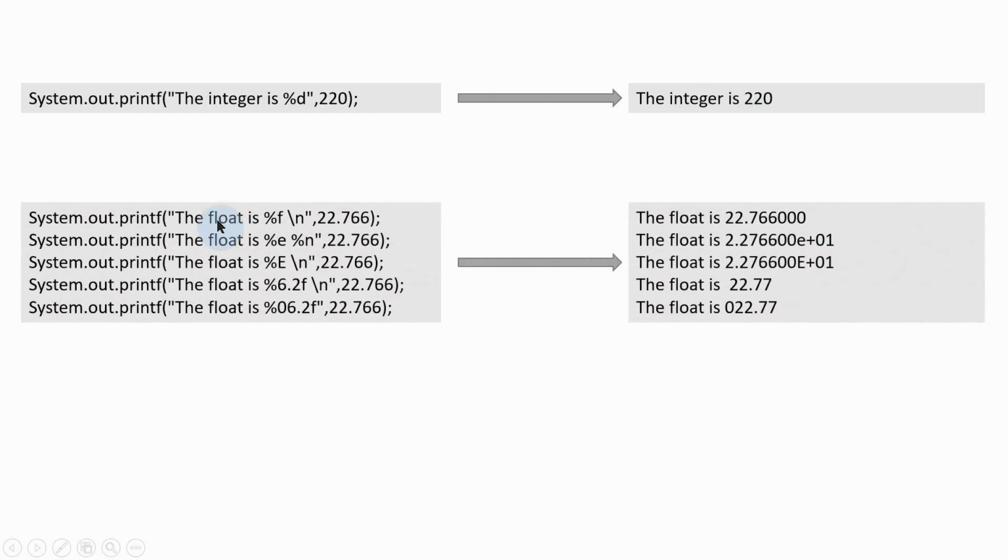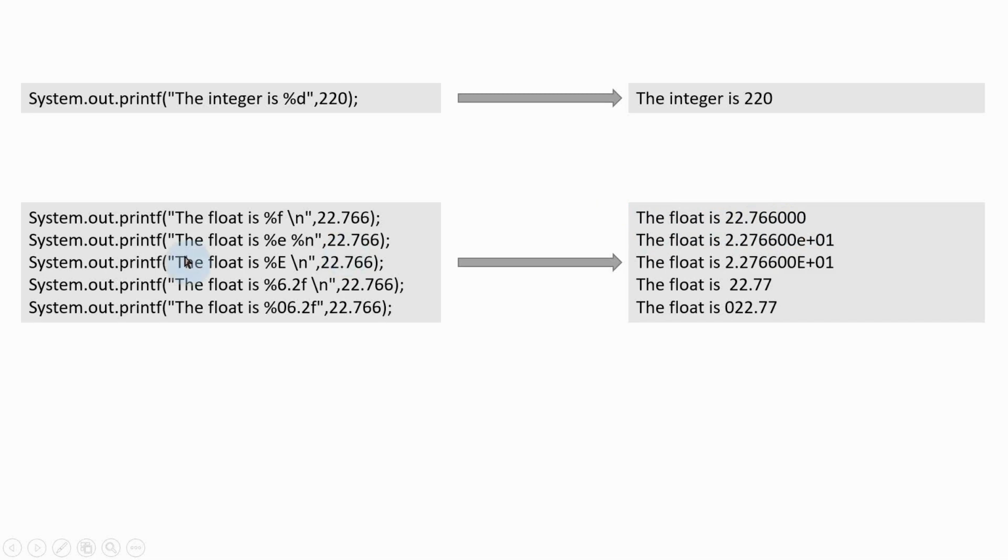And then we are going to look at various examples with the printf method. In the first example, I have used %d in the string itself to display the value of the integer argument. Here 220 is the integer, so the value will be displayed in the place of %d. Then automatically I will get the output, the integer is 220. And the second example I am considering with respect to float. See here I am using a string with the format specifier %f, then whatever floating point value I have mentioned as an argument will be displayed in the place of %f. Then I got the output, the float is